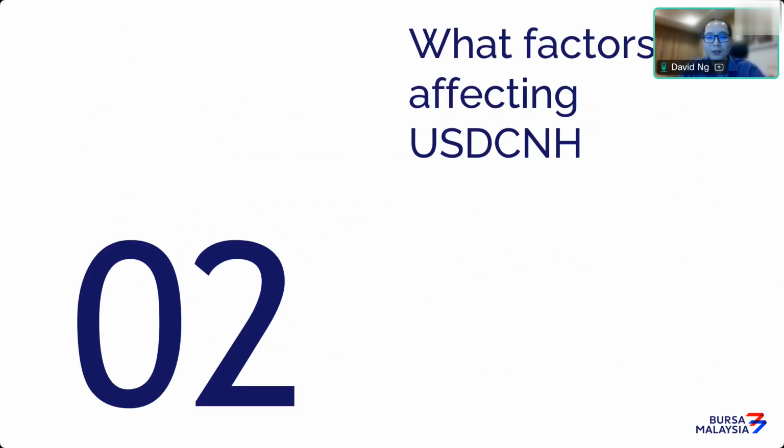So both countries, US and China, obviously want a weak currency to make sure that their goods are competitive. When you have two currencies competing for the same market and using currency as a weapon, you're definitely going to see a lot of volatility in their respective currencies. So this USD CNH pair is going to get interesting in light of all the tariffs that we are seeing from the US and China side.